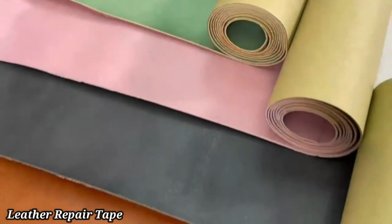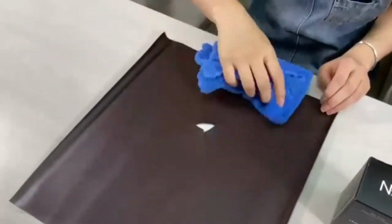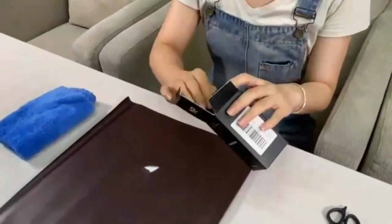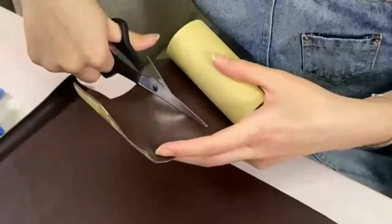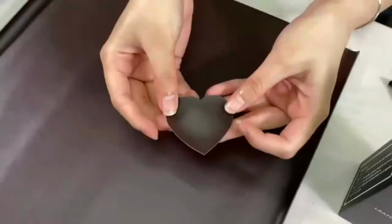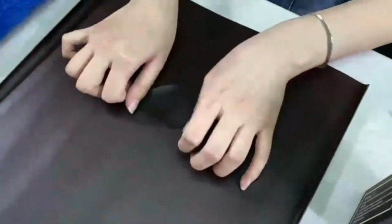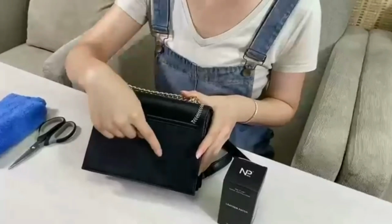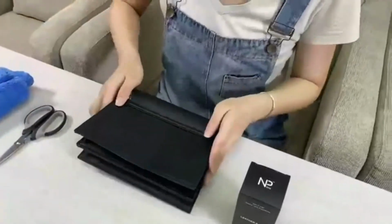Number 8. Leather Repair Patch Adhesive Tape. The Leather Repair Patch Adhesive Tape is a quick and easy solution for fixing rips, tears, and scratches on leather and vinyl surfaces. Made from high-quality, durable leather material, this self-adhesive patch seamlessly blends with your furniture, car seats, jackets, or bags. Simply cut the patch to the desired size, peel off the backing, and stick it onto the damaged